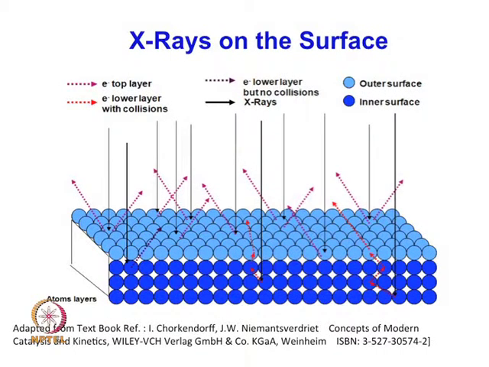When a beam strikes the surface, as I said before, these are the X-rays, shown by the dark arrows here. The different X-ray beams strike the top surface. This is your top layer, the outer surface, and this is the inner surface of the metal depth. The electrons or X-rays which have gone up to the depth may release an electron, and they may collide. So, these are with collision.